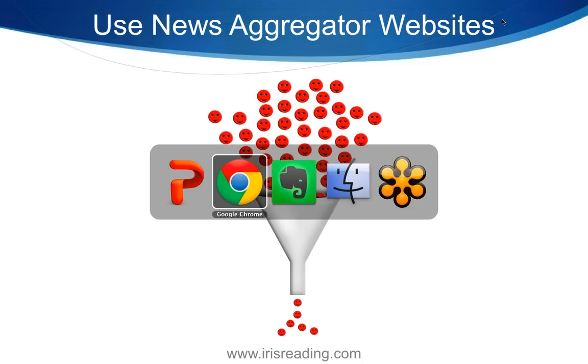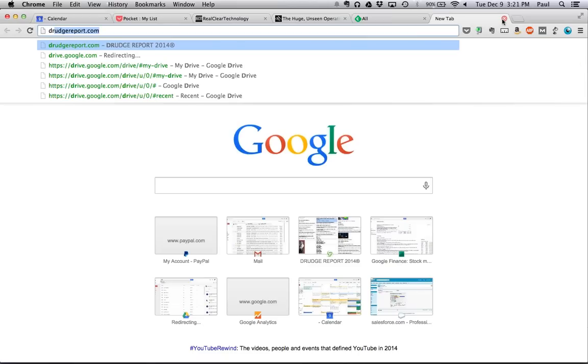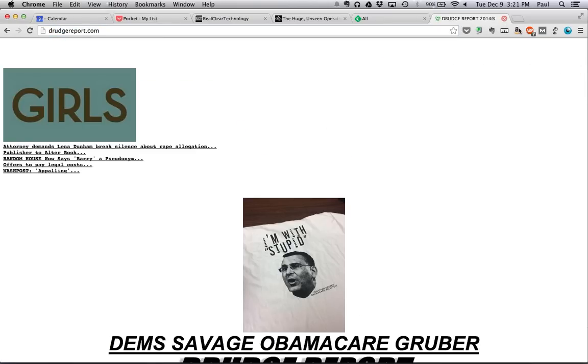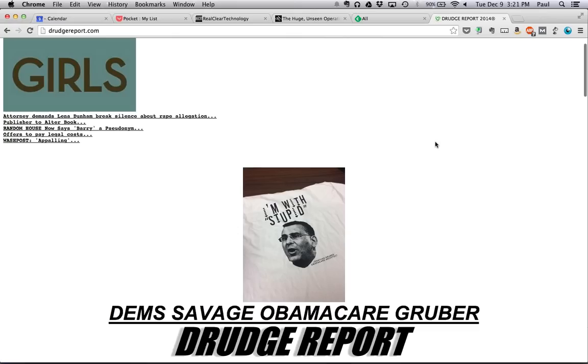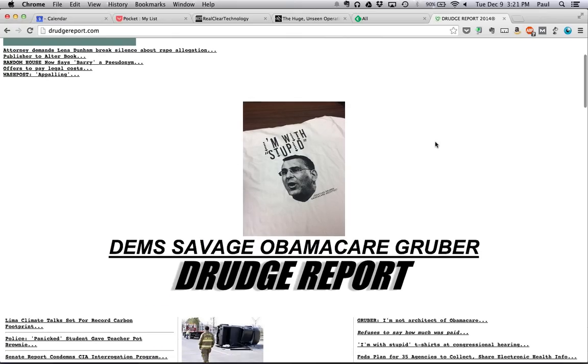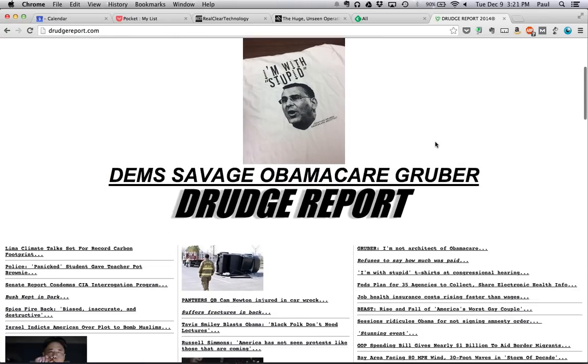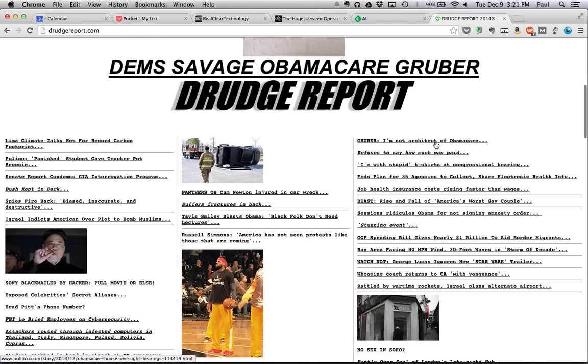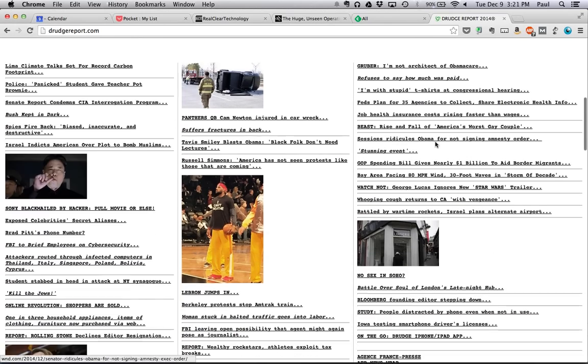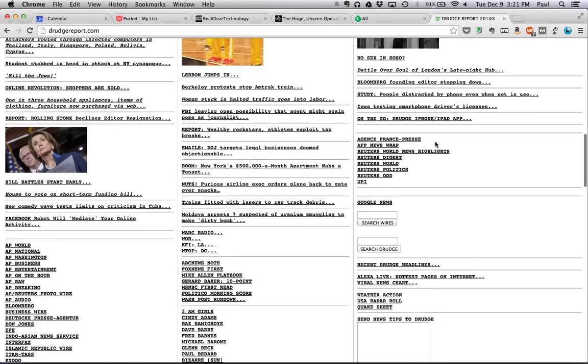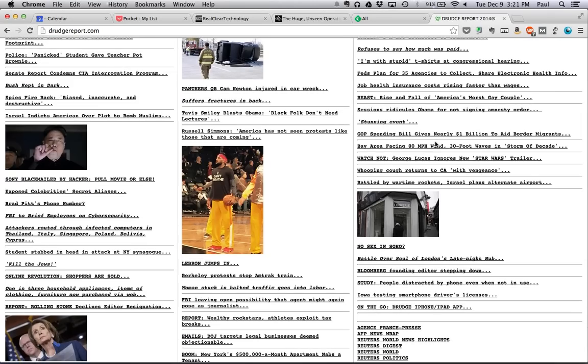Now, news aggregators are very, very helpful. Some people are familiar with one of the first and most popular news aggregator websites, Drudge Report. This came out a number of years ago. They were the ones that broke the Monica Lewinsky story, or they were one of the first sites to really focus on that kind of coverage, and they became a very popular news site. This is drudgereport.com. Now, if you're not into using Drudge Report, there are a lot of other news aggregators out there. I'm just mentioning this one because it's a very popular one.